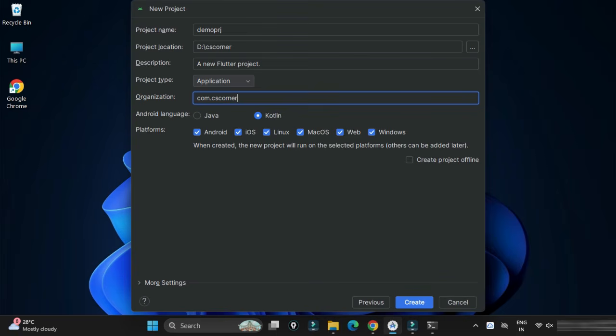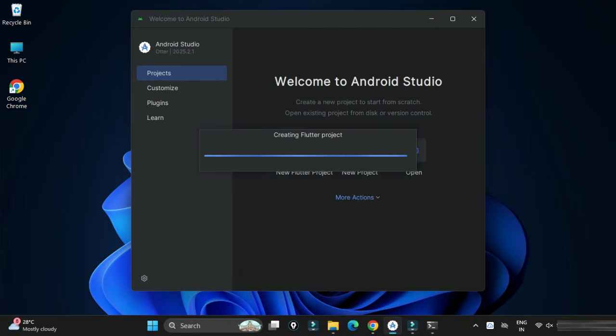And here it's showing me languages also. So Kotlin will be language for Android application. It's showing me platform. So for what platform you would like to create this Flutter project? So I would like to create for Android, iOS and for web. Okay, so it will create three different platform projects. So whatever you need or required for you, you can just check it. I'm just checking these three and then guys, I'm going to click on this create button.